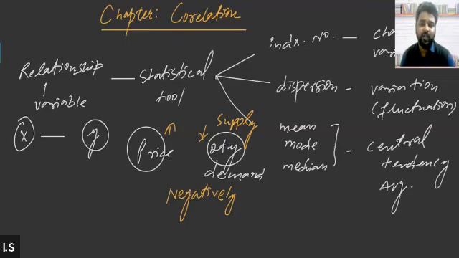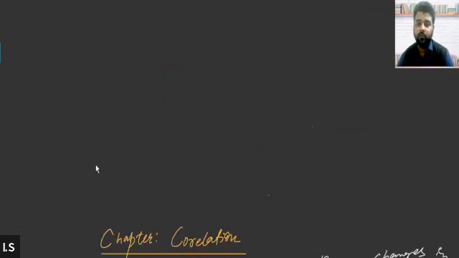So correlation helps you to determine the degree of a relationship in terms of numerical value, and on the basis of correlation we will also be able to understand the nature of the relationship, whether two variables are interrelated positively or negatively, whether two variables are even related or not. All of these things we can determine by using correlation. Like for example, just tell me, do you think rainfall